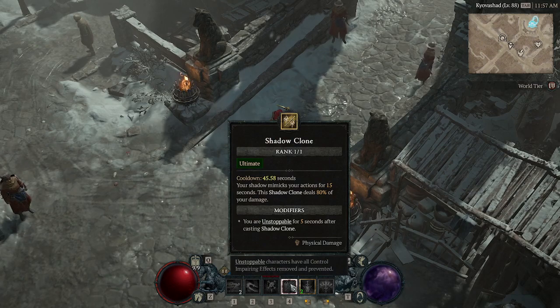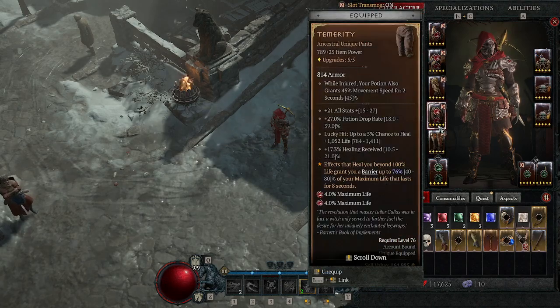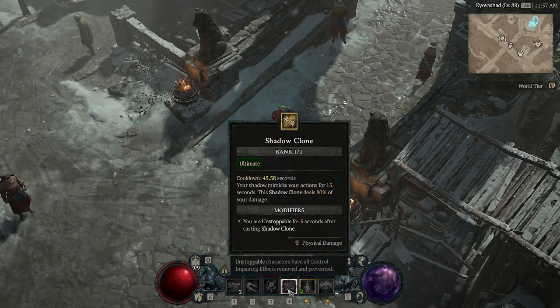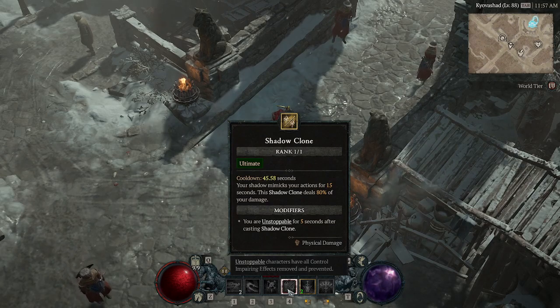This is very important because in higher tier dungeons, when there are very large amounts of elite mobs, they have a lot of affixes which crowd control you. And so this allows you to basically become invincible if you pre-pot with Temerity and use Shadow Clone. You basically power through the enemy without any issues, unless it's like a railgun ghost orange mob which basically one-shots